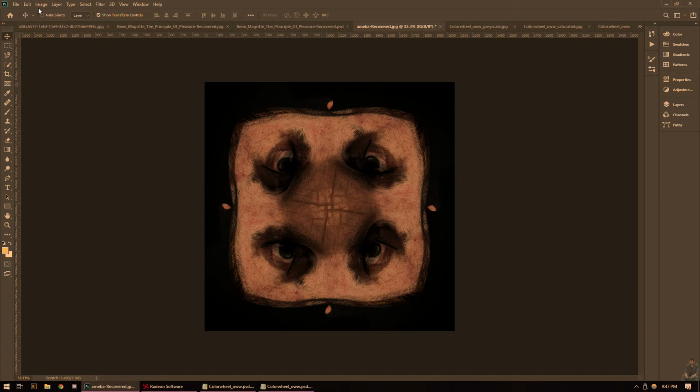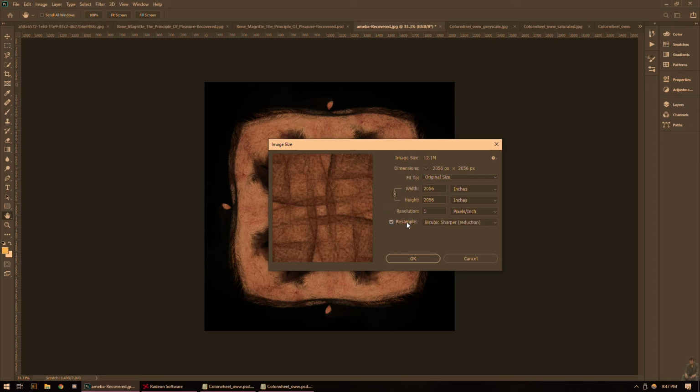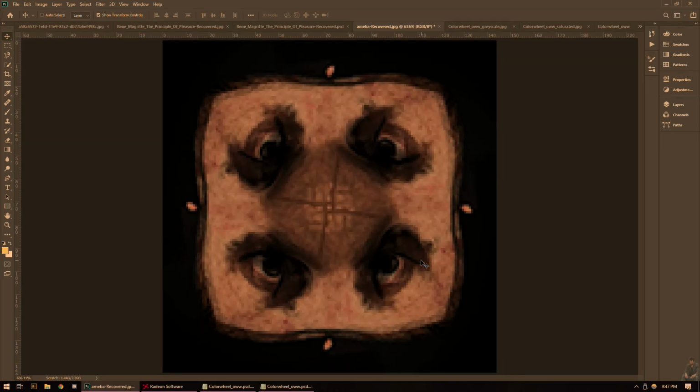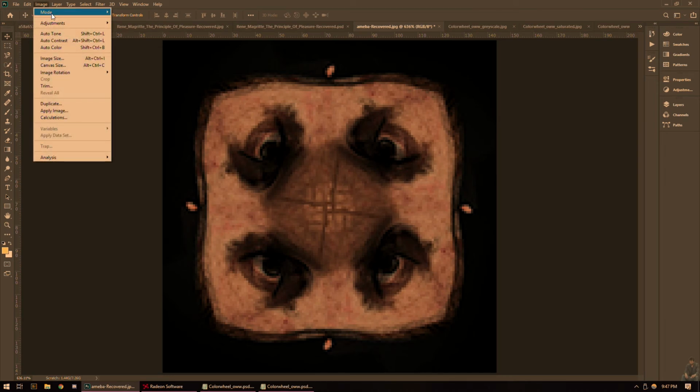And then I'm going to go to image, image size again. This time check resample, and I want to change this to 144 to make it 6 panels by 6 panels within Occupy White Walls. I'm going to hit OK again. Make it small. I zoom in. Perfect. It looks great. Now I need to go to image, mode,